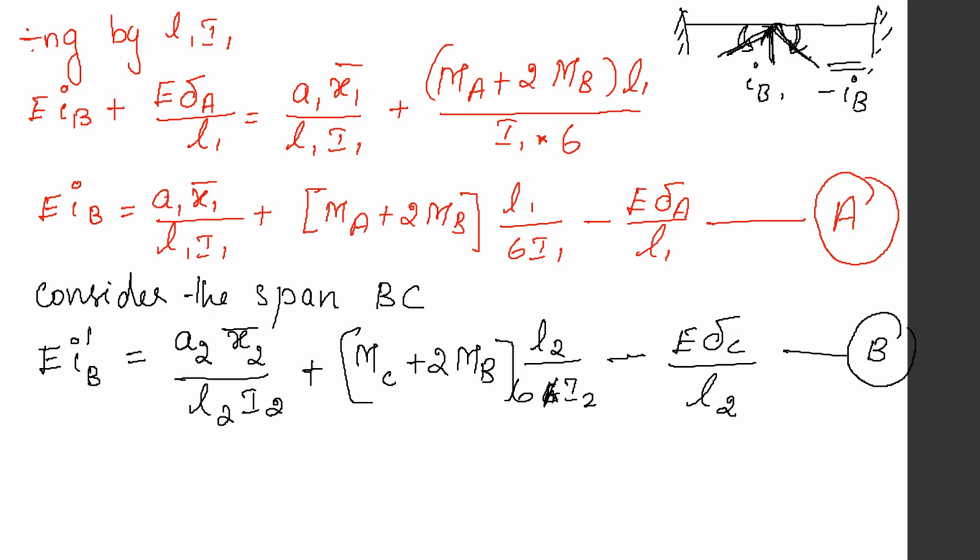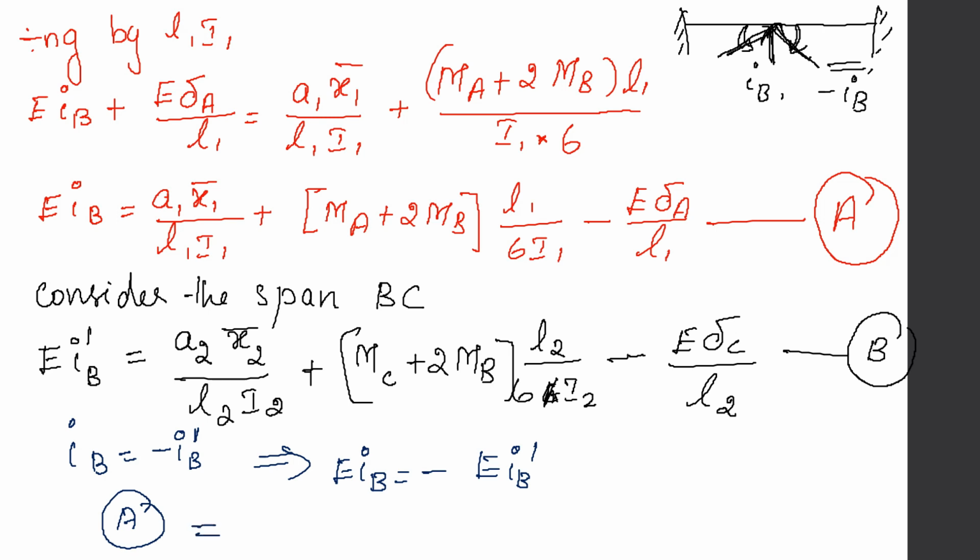Now, as I have told you, IB is equal to minus IB dash. So, from this implies EIB is equal to minus EIB dash. So, equation number A is equal to minus of equation B. So, from this we can write